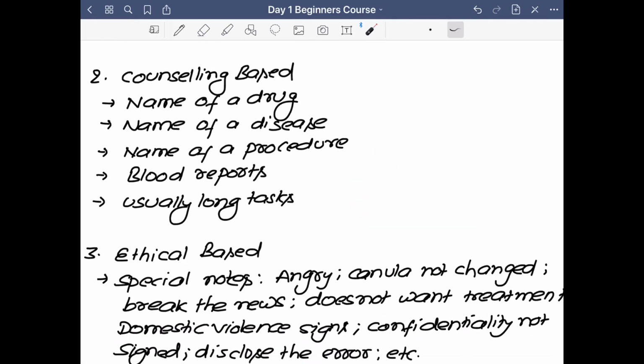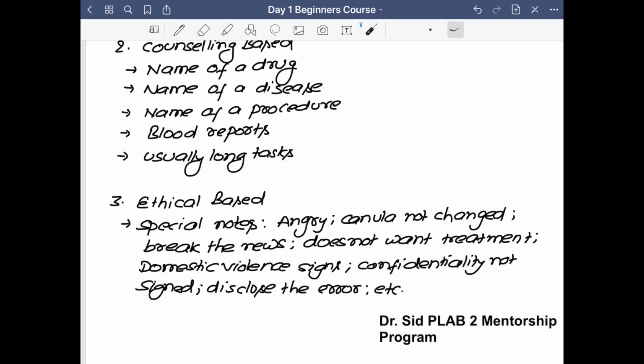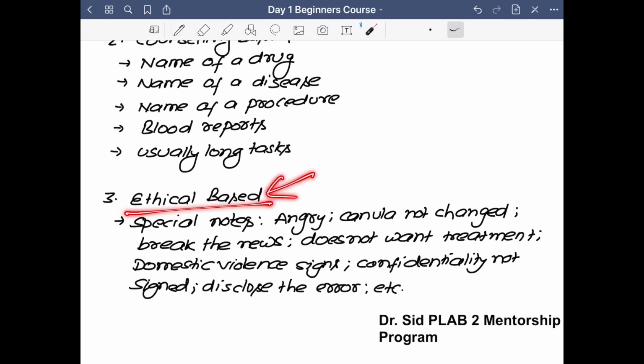So that's all about counseling based station. The third category is the ethical based station. Here it looks almost similar to a counseling based station, but at the end, in the special note, you will